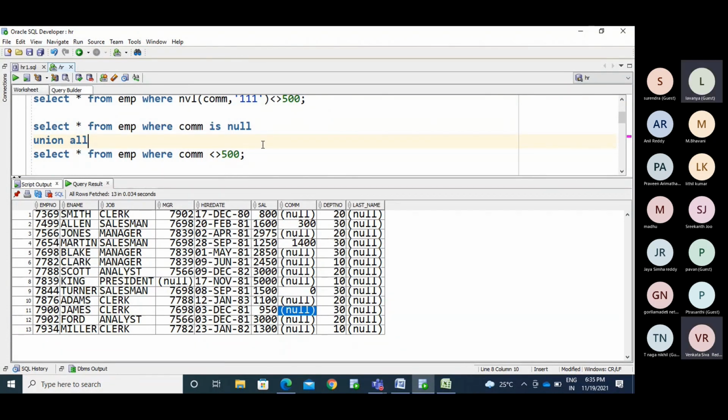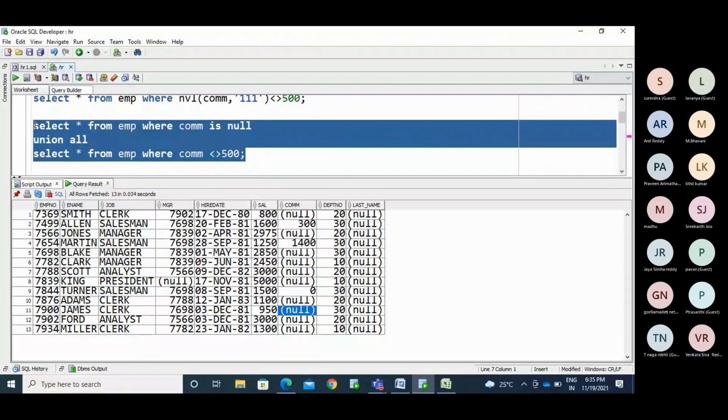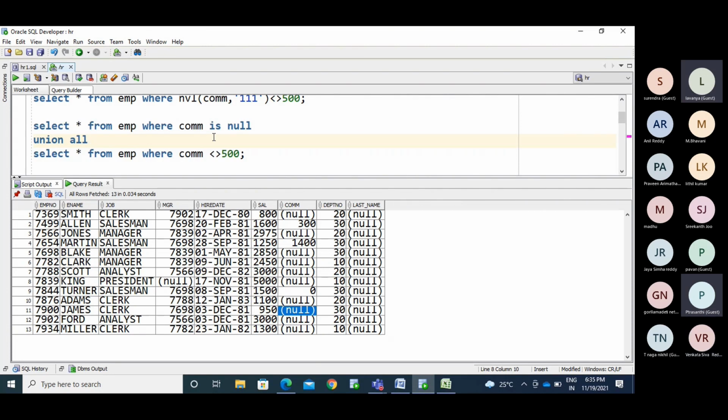All records from the EMP table, if I run this query: null values plus not equal to 500, all null values and records which are not equal to 500.